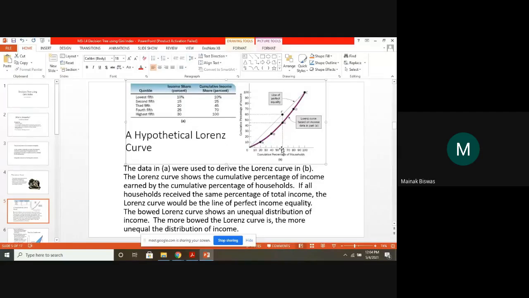The share increases as well as the cumulative. So there's a cumulative distribution: the cumulative percentage of households and the cumulative percentage of income. And we try to draw the